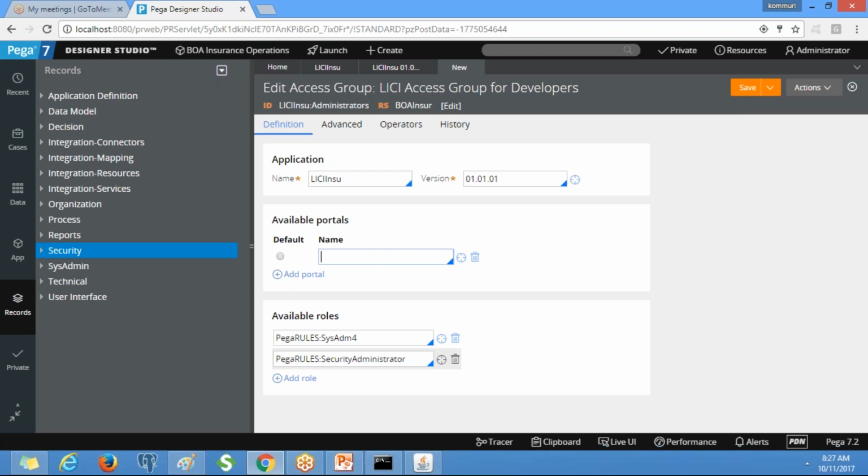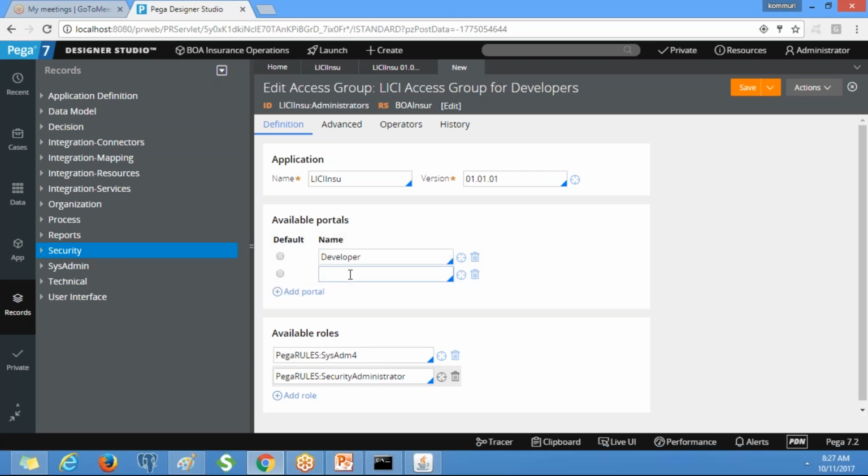So we need to define the developer portal here. Everything will be available under the drop down, so we need to select it. This is the developer portal. A developer can view the manager portal as well as the user portal, because he is going to design an application, right? So he has to do the unit test.